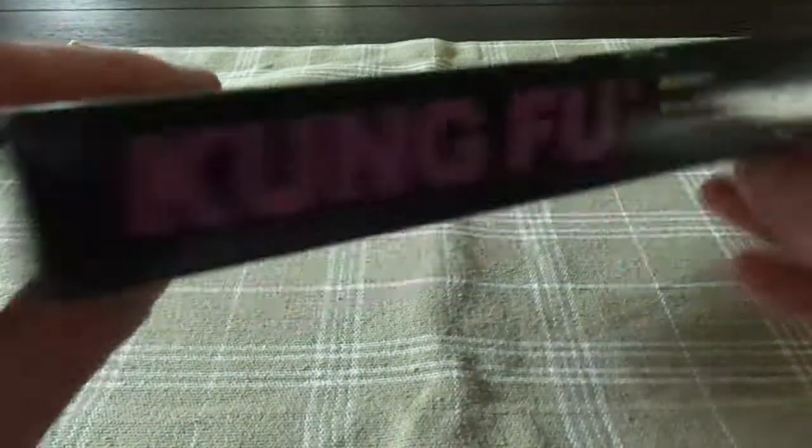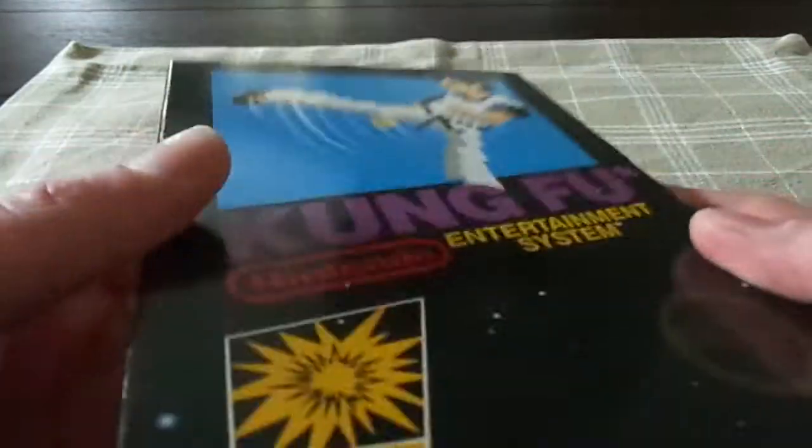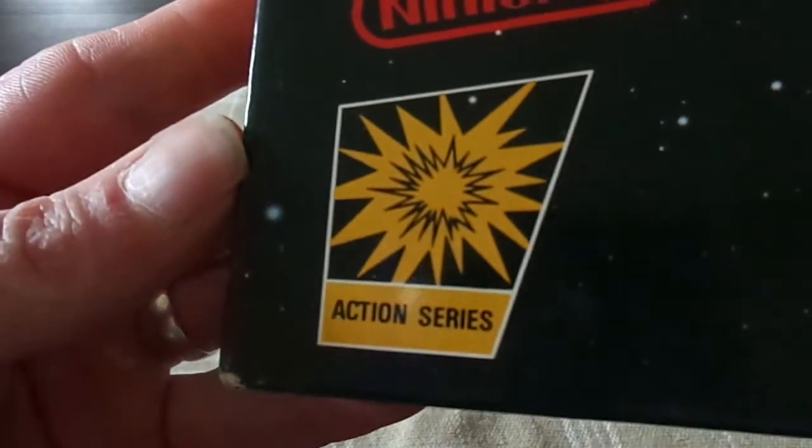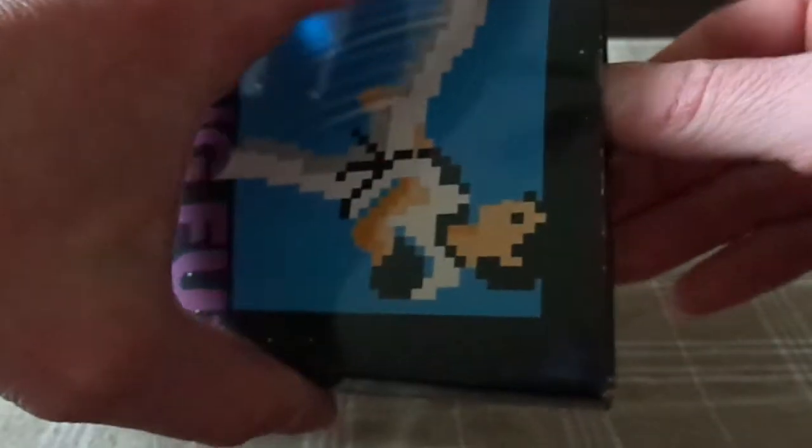All in all, like I said, a really fantastic game. This is one I think that really belongs in a collection. It's a necessity, I think, for anybody's collection. This is part of the action series. So let's go ahead and